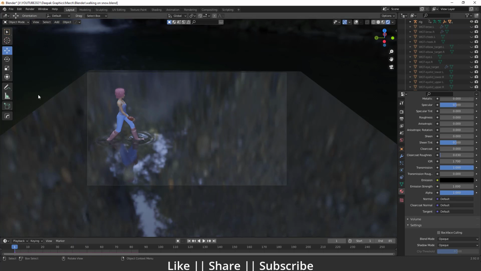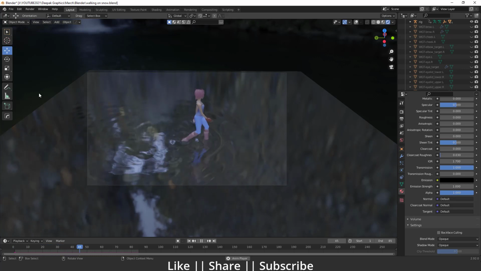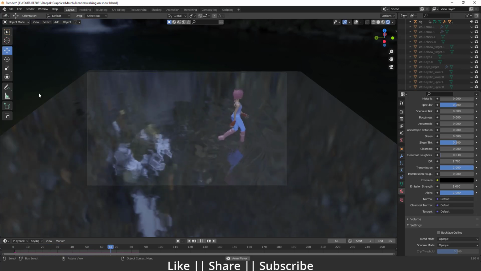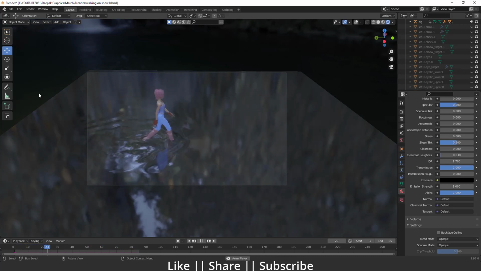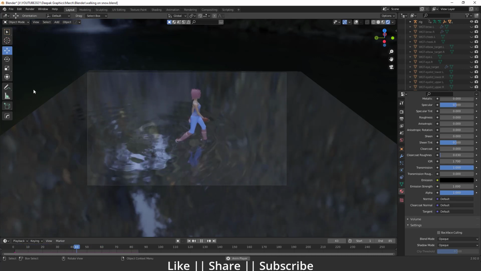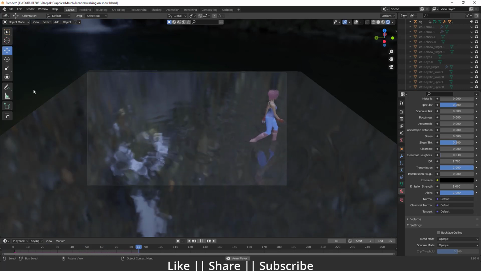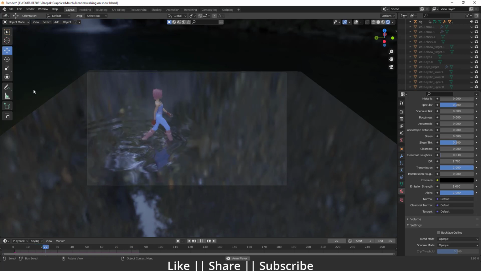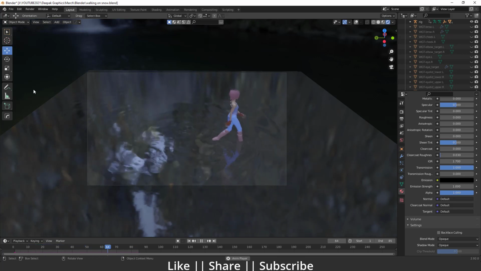So now I want to play the animation again and let's see how it looks. When I hit the space bar, here you can see we have a perfect walking on water animation, and it looks great. This is a very easy and cool trick which I thought I should share with you, because lots of people want to create that kind of satisfying animation that you see on social media as well. Now you can create that kind of animation, which is so cool. I hope you learned something new today.